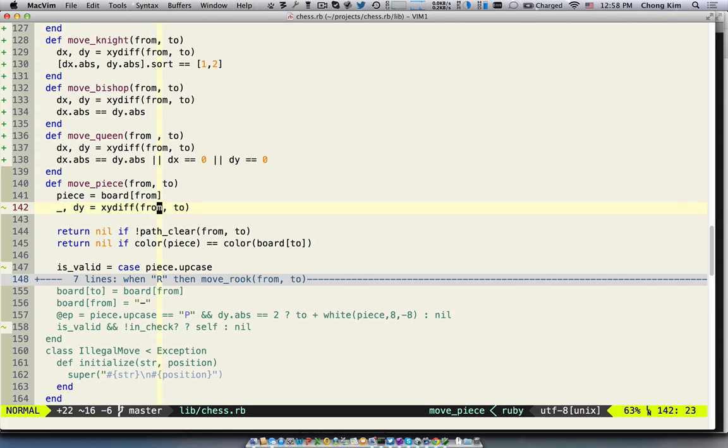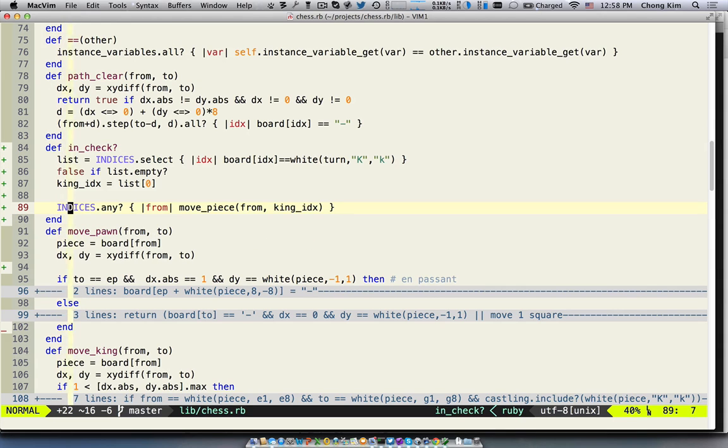So that means it thinks that one of these is nil, the from or the two. Okay, so this is where we were. One of these is nil, and I know that it's not the from, and it also can't be the king index, because